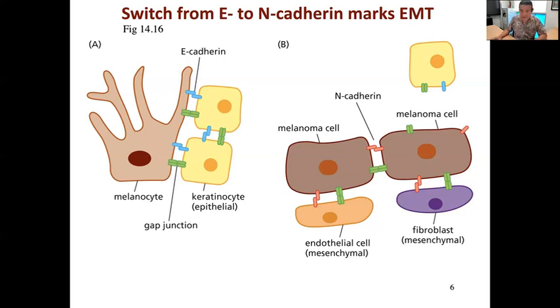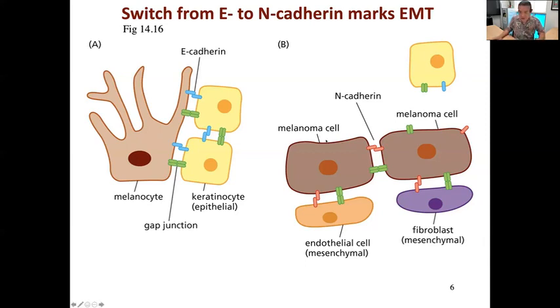It may end up turning off the expression of E cadherin and instead start expressing N cadherins. After all, these different variations of cadherins are all part of the genome. It's just normally the melanocyte would have the N cadherin genes shut down, maybe through gene regulation, or even things like hypermethylation of the promoter. But in this case, there are now mutations that have switched on the N cadherin. The N cadherin is the type of cadherin that's used by mesenchymal cells, the stromal cells, to detect that they are happily part of the stroma.